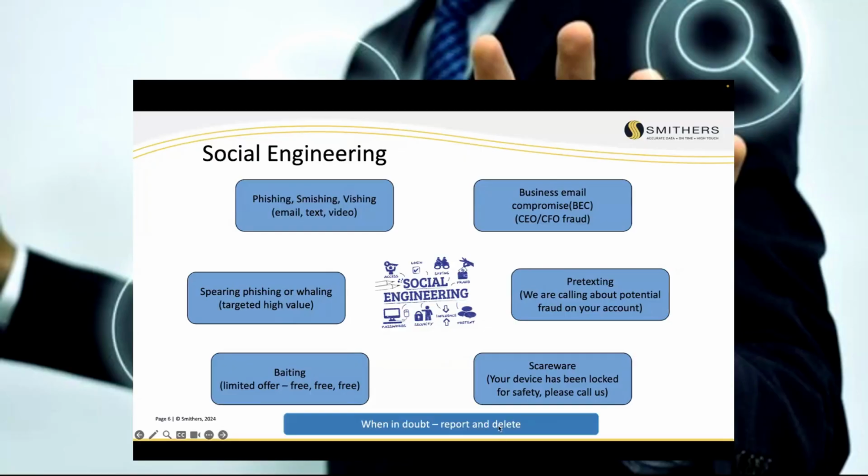The simplest thing to defeat any and all of these: if you have any doubt in your mind that it's not right, report it, delete it, and then move on. Please do not forward. If you get a business email, a text, a spear phishing or a phishing email, don't forward that email to your IT. Everyone who works in a company with a modern email system has a report button. Just click on that, report it, delete it, or take a screenshot, but never forward that email, because when you forward it, all you've done is reinforce the potential that somebody else downline is going to click on that email.